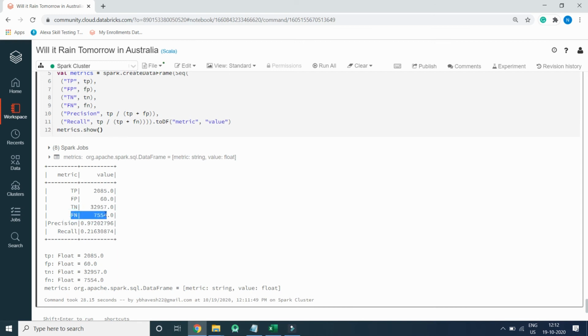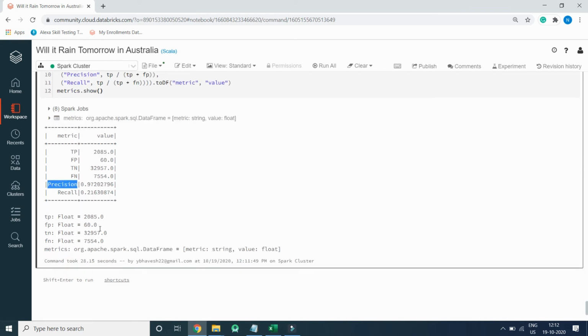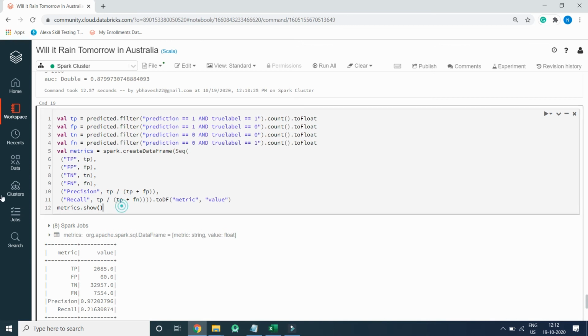False negative, we have some 7,500 something incorrect from 44,000 plus data. So this is the precision 0.97, and this is the recall. So this is how we evaluate our Spark model.